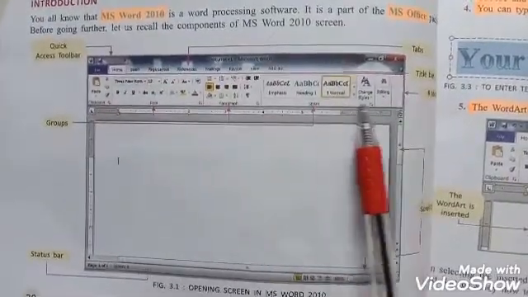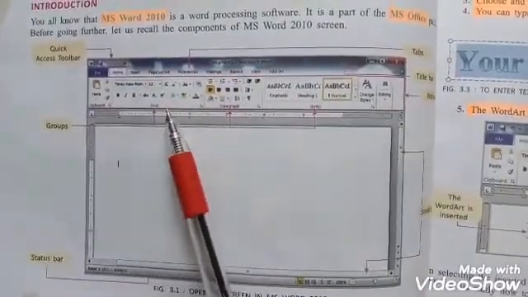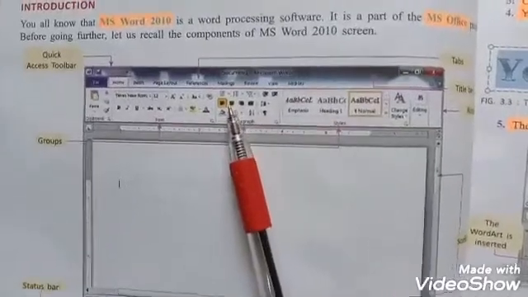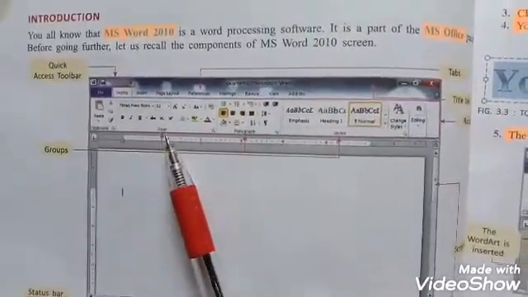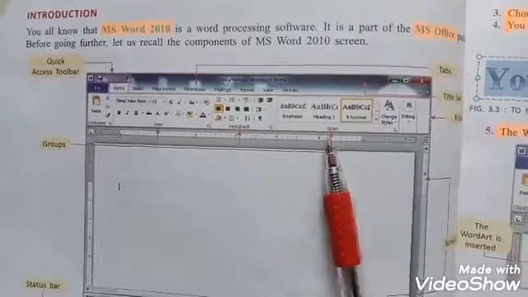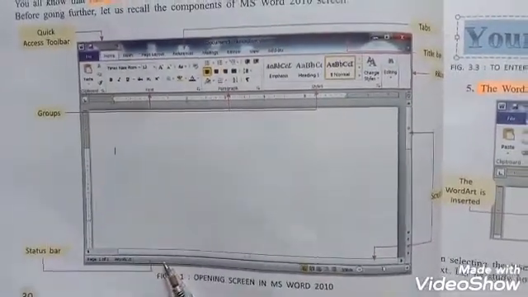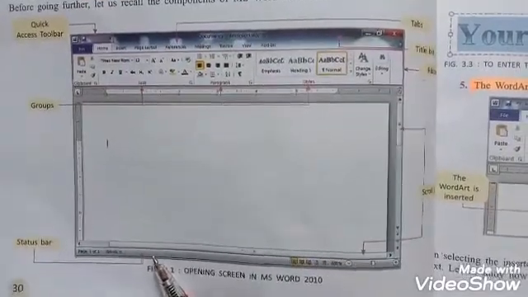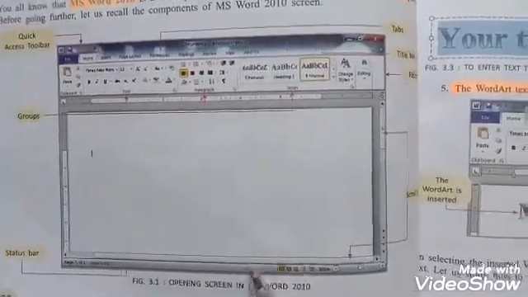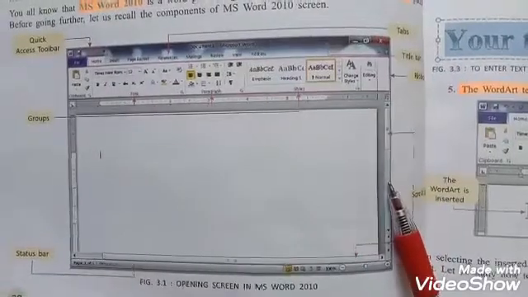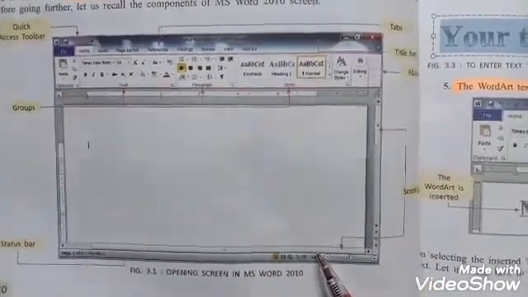This is the ribbon. And these tabs consist of some groups known as groups. This bar is also known as the status bar. These bars are also known as vertical and horizontal scroll bar.